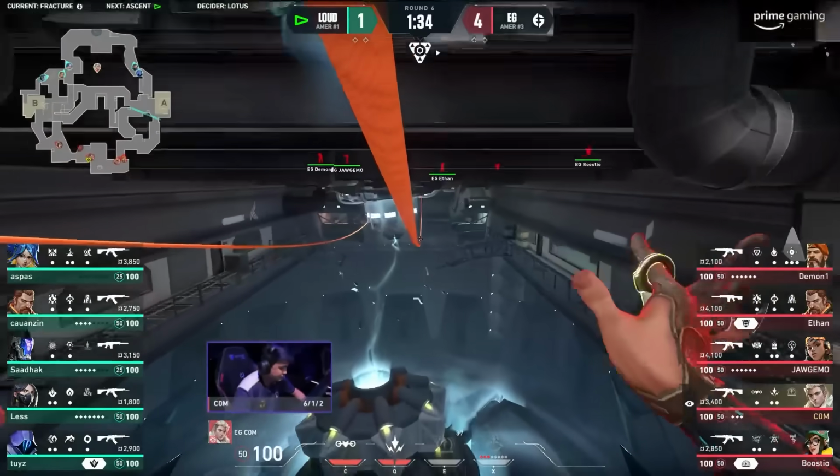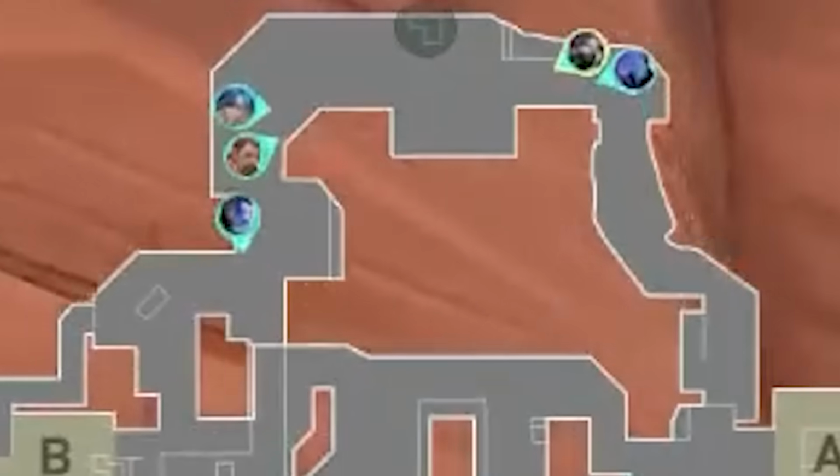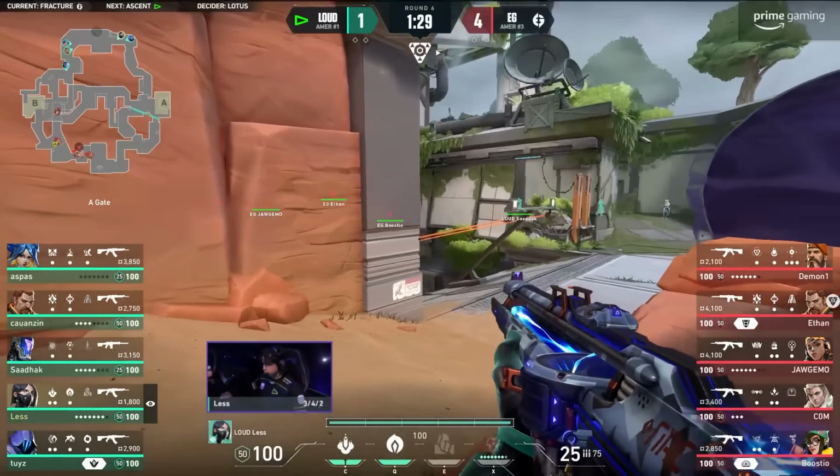He takes the rope and ziplines away with his life. EG instantly recognize that Loud are pinching north side, so their south side friends immediately regroup to take the free space on B. Loud cleared all of north side, but before they can make their way back to B site, Boostio